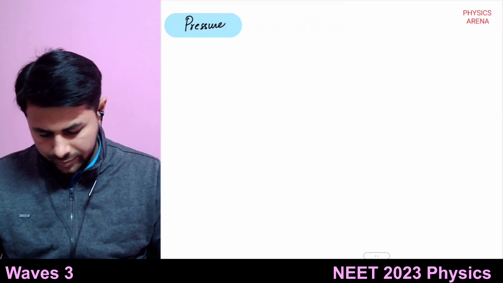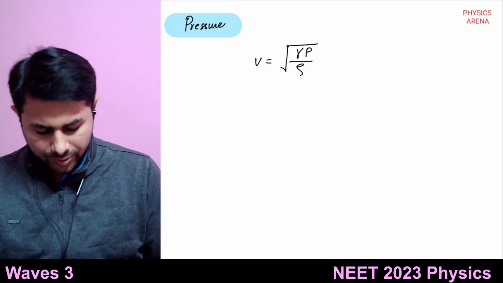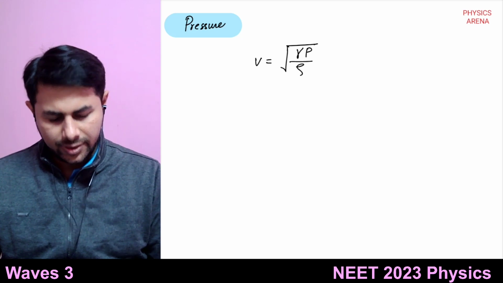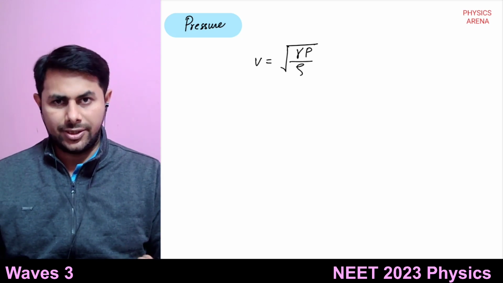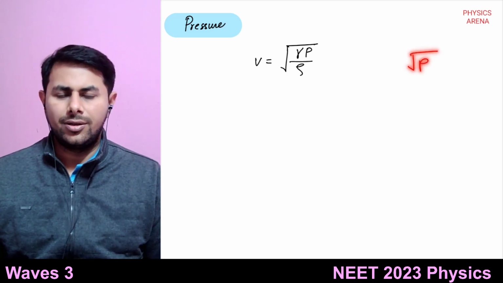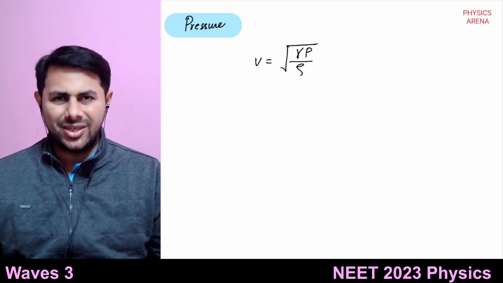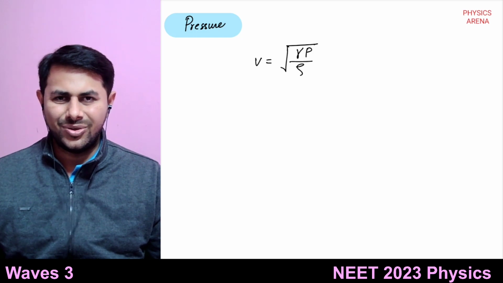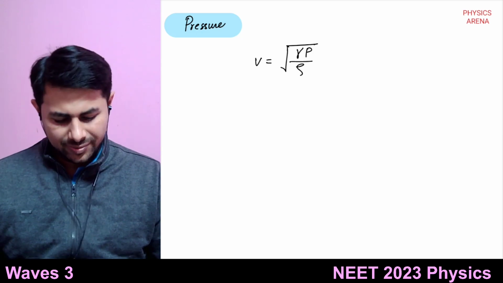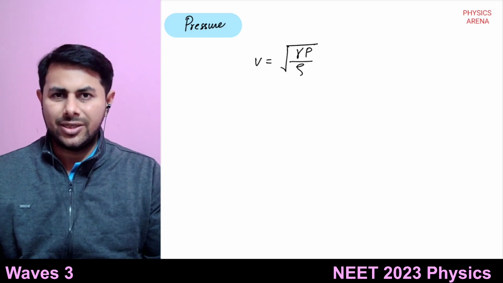We have this formula, V equals square root of gamma times P divided by rho. So you will think that if pressure changes, the speed of sound will change, so V is directly proportional to root of P. But see, when pressure changes, density also changes, right? When pressure increases, there is an increment in density. When pressure decreases, there is a decrement in density. If there is more pressure, density will increase. If there is less pressure, density will decrease.